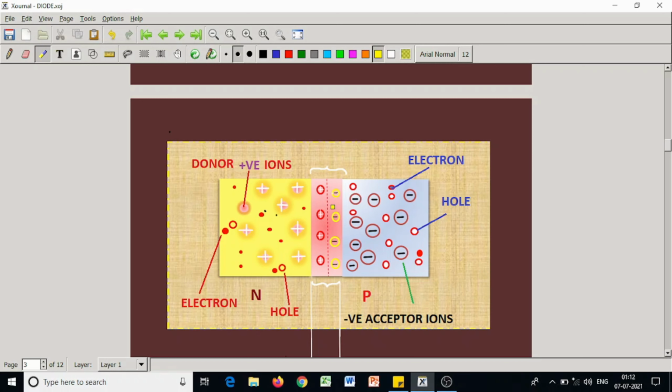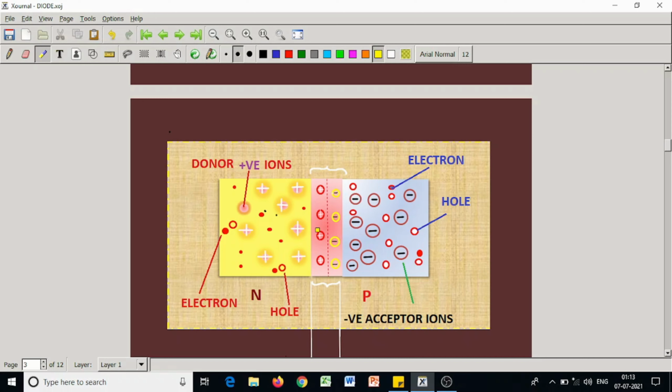So kinetic energy is exhausted in the form of heat and they are neutralized here. So they are leaving behind positive charges at the left hand side in the N side and negative charges in the P side. So there is a potential gradient in this field, and this field is called potential barrier because